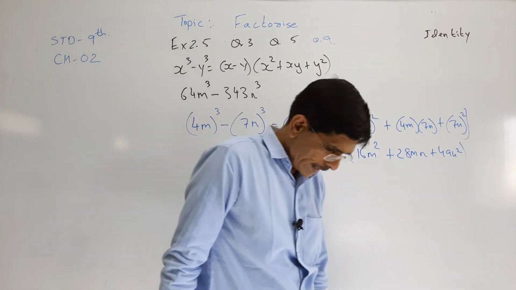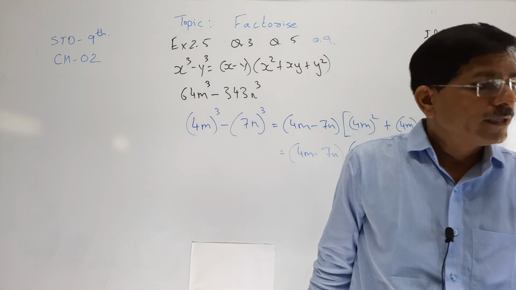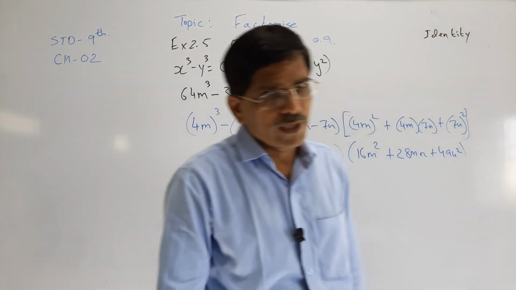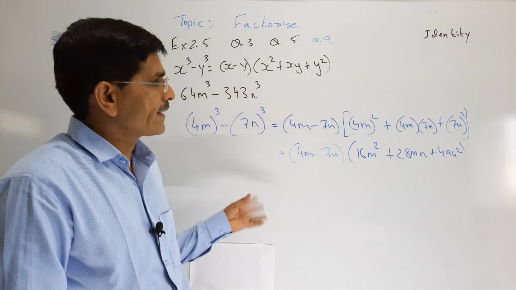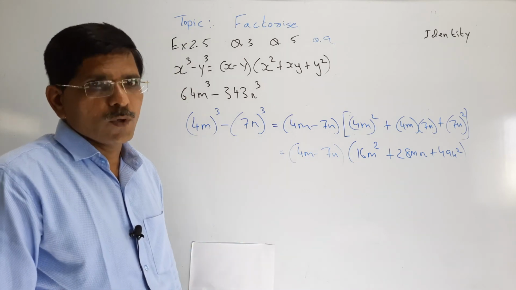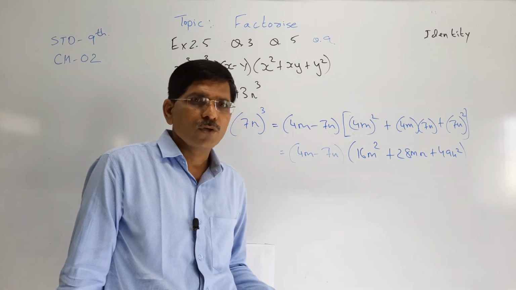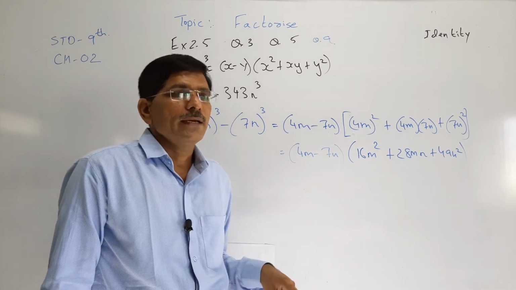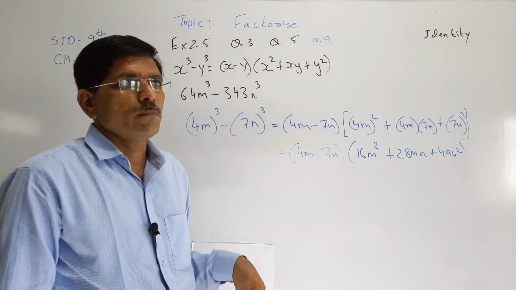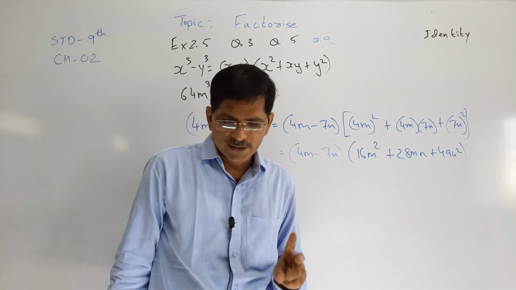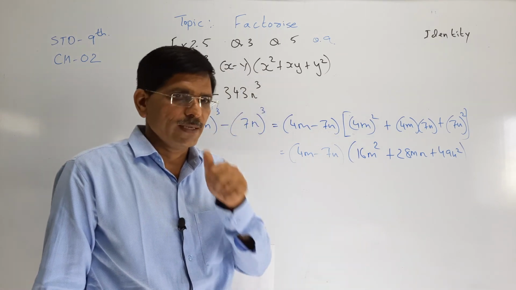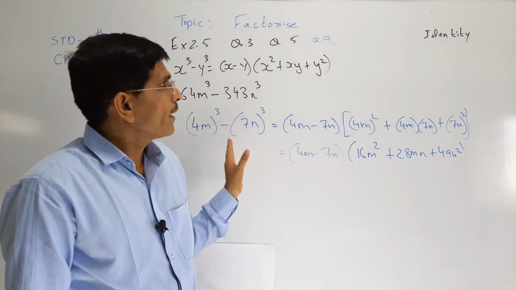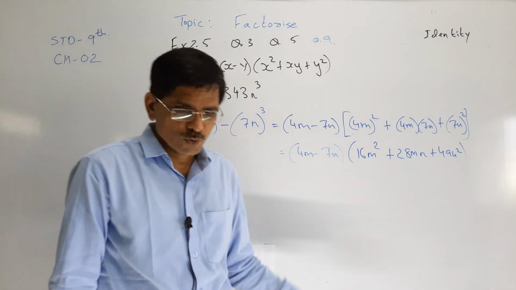So up to the 9 or 10 sums we have completed exercise 2.5. Now in the next lecture we go to some more identities related to x plus y whole cube. In this lecture we have not taken x plus y whole cube and x cube plus y cube plus z cube minus 3xyz. Two or three identities are still left, that we go in the next lecture. I think it is important now, you have to go through the video.